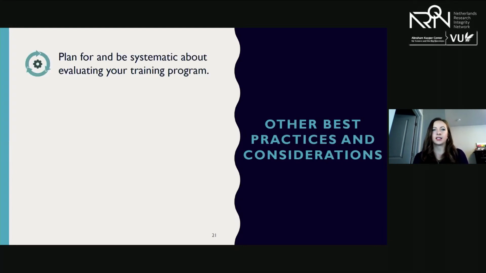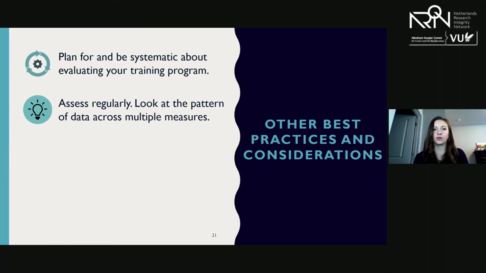I guess, for other best practices, just to wrap things up, plan for and be systematic about your evaluation. So it really does pay off to think strategically about it and not just rush into it. And don't evaluate just to check the box to say that you evaluated, but do it really to learn about and improve your ethics training program. And I guess one other thing is to make evaluation a regular occurrence. So ideally, you would look at a pattern across multiple data points using that qualitative and quantitative data to complement one another. There's always going to be a little bit of error in measurement, right? So triangulating these different data points can help paint a more robust picture of how effective your training program is.